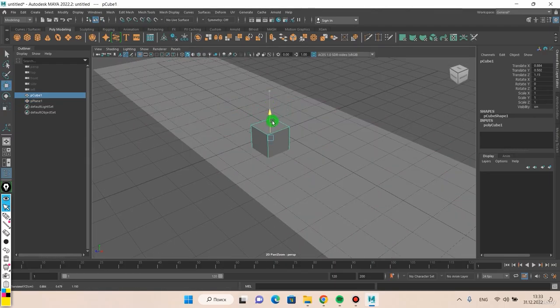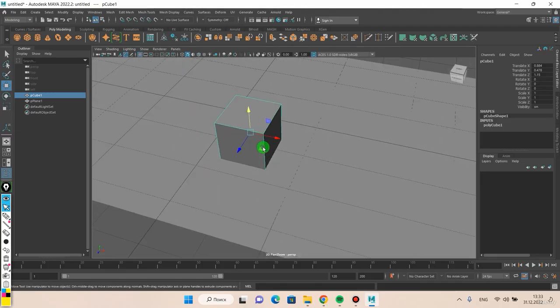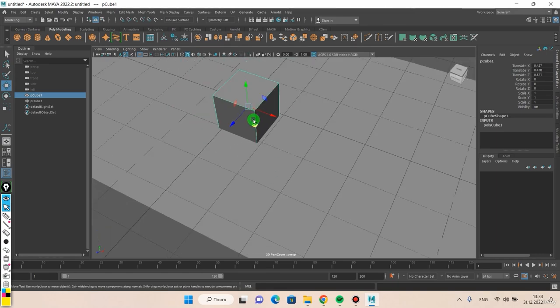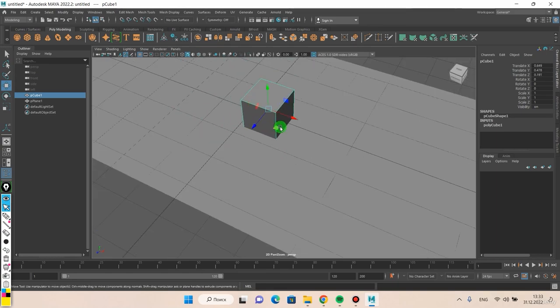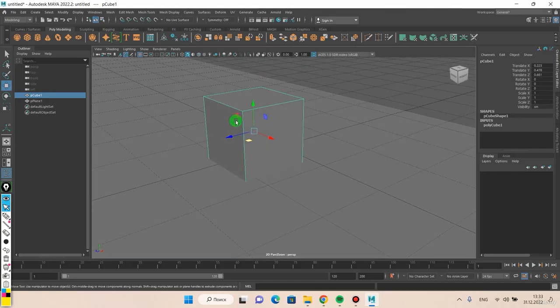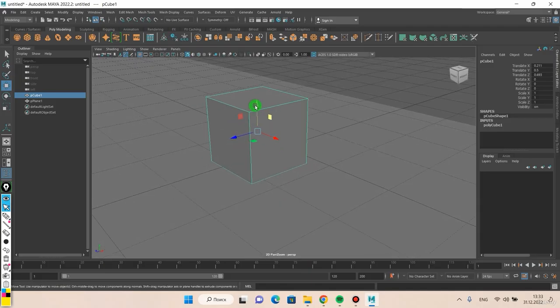I will put my cube on the plane, and if I use the green square, I will exclude the y-axis from the transformation. So I will use only the x and z-axis. If I want to exclude the x-axis, I use the red square, and if I want to exclude the blue axis, that's Z,